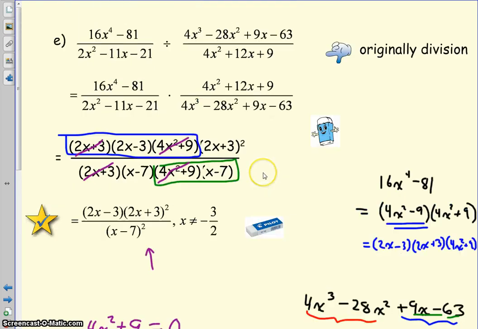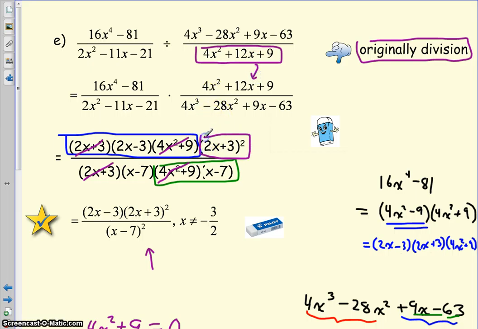Okay? Then last but not least, what we need to be careful of is looking at the original problem, which was division. So remember, anytime there's originally division, look at the original denominator, 4x squared plus 12x plus 9, and try to see where that went. So it became the numerator in the second line, and then that factored into 2x plus 3 all squared. So if there was no 2x plus 3 in the denominator of the final answer, because this was originally in the denominator in the original question, there had to be a restriction for that one. Now, there isn't a 2x plus 3 in the denominator,